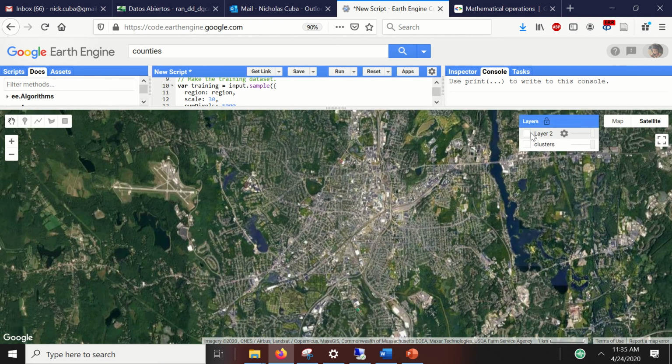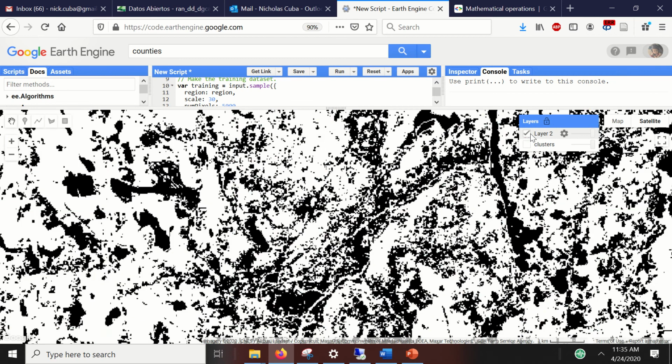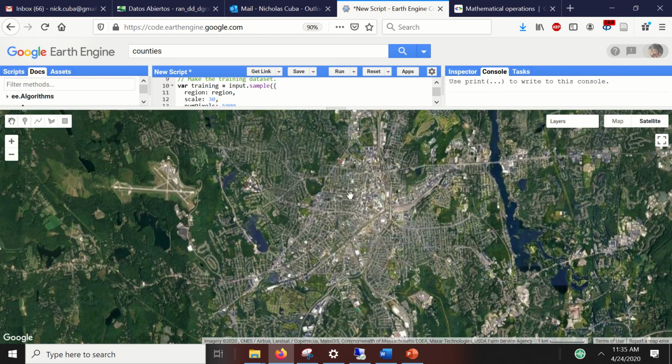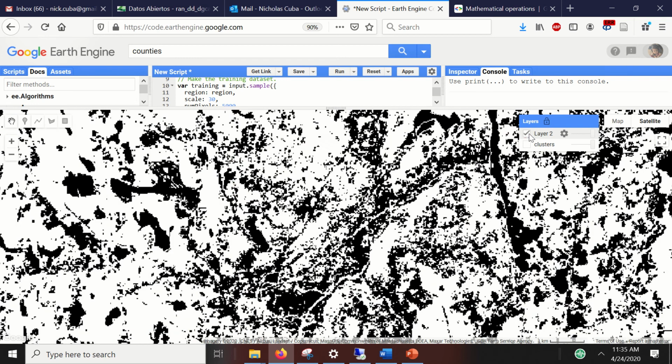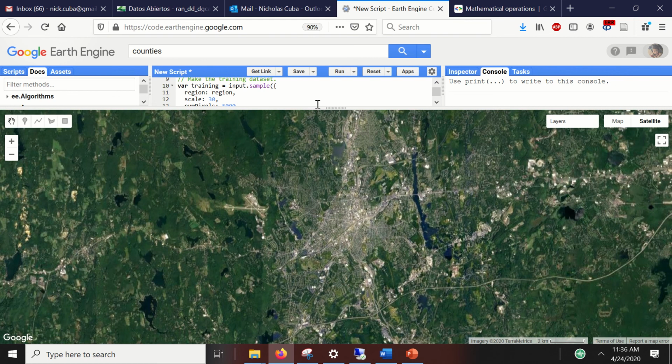So understand it's not a super accurate classification, where if there's some tree cover, areas are being classified as forest. So it looks like this is going to be an overestimation of forest land,